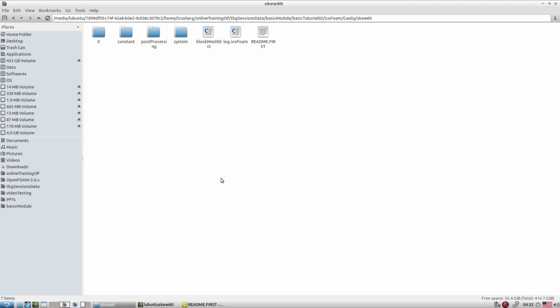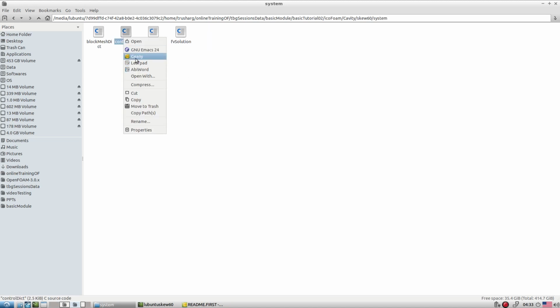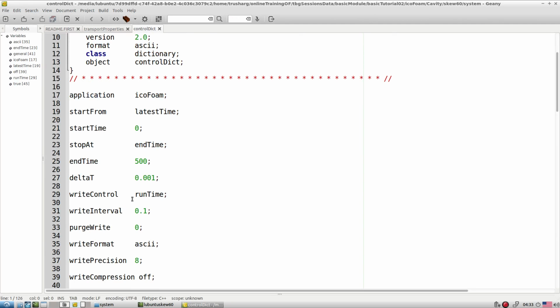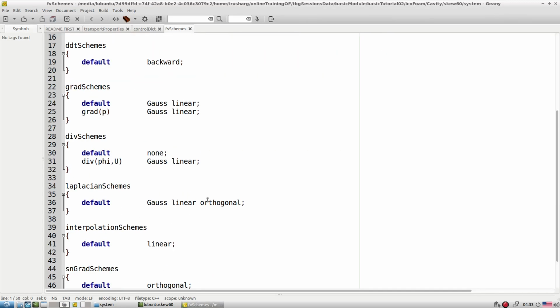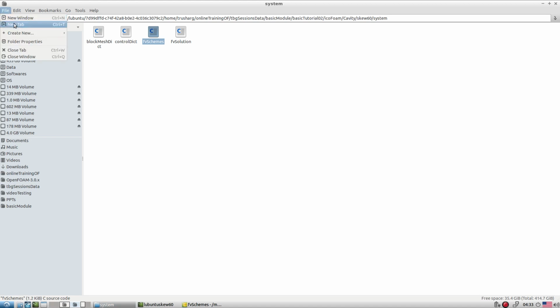Let's say you're not able to figure out what went wrong. So quickly I will show you all the setting files again. For icoFoam, if you look at the delta t, as far as grid size is concerned, we don't have a very fine mesh near the wall because it is a uniform mesh, so delta t is appropriate, no worry about the delta t. Then the problem is in these two files. Definitely this orthogonal entry is wrong, which we also observed in the last tutorial. We modified it in that tutorial, so let's add the settings from that tutorial.